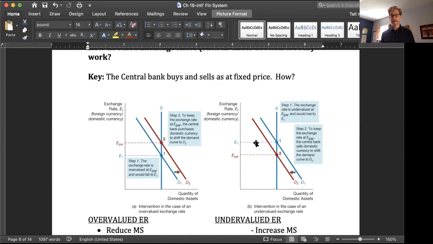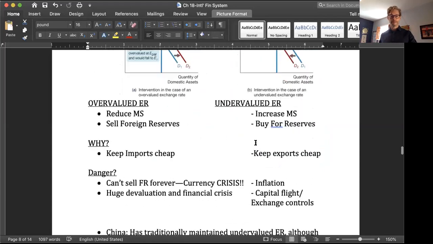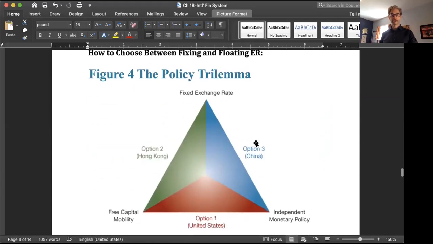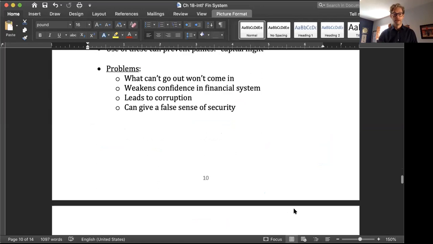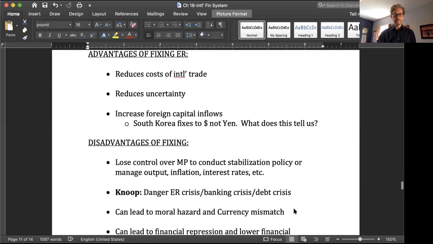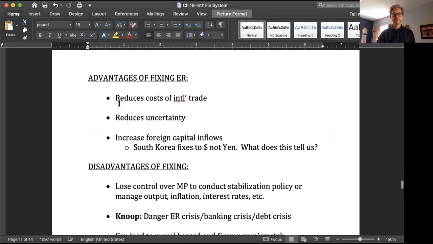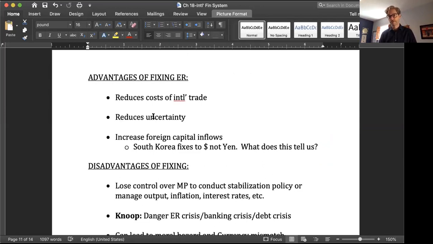You cannot be thinking about interest rates or stabilization policy or anything else, right? So what are you giving up when you fix the exchange rate and have free capital mobility? You no longer have independent monetary policy, right? You no longer have independent monetary policy. So, really, you see here the advantages and disadvantages of fixing the exchange rate for a country like Hong Kong